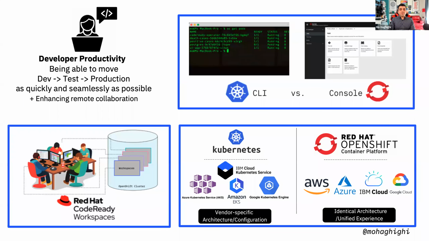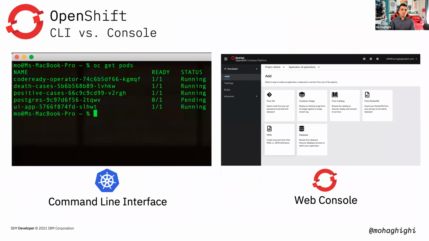When it comes to developer features, I'm just going to give you a quick summary of all those. First of all, in OpenShift, you've got a web console. You can easily navigate through the web console and implement almost all tasks from a simple graphical interface. You can build, deploy, update, and almost implement any task in two separate perspectives for both developers and administrators, let's say the operation engineers. With Kubernetes, it's always CLI,